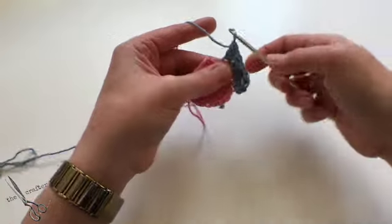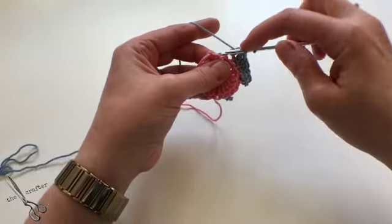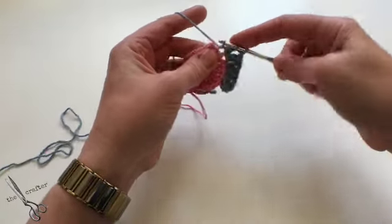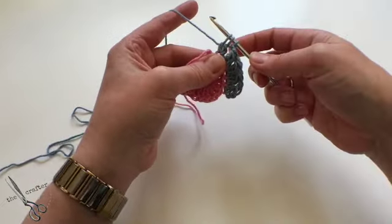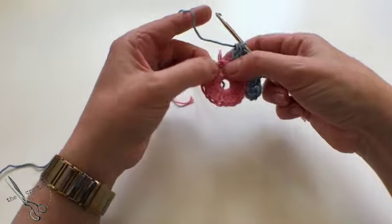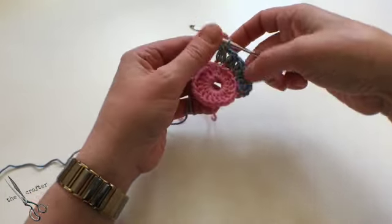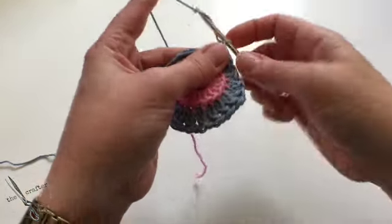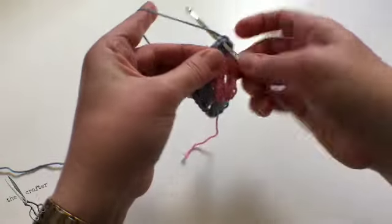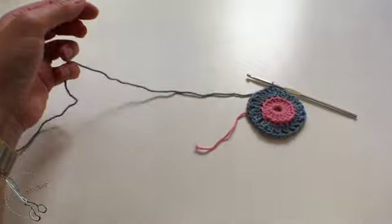And when you work into the back loop only, it looks a bit stretchy when you start off, but don't worry, that'll even itself out when you've been all the way around. And when you get to where you started at the finished off the previous round, you can lay that yarn at the back and work it in. So at the end of that round, you do your 1 chain and join with a slip stitch to the top of the first cluster, and we can fasten off the river,